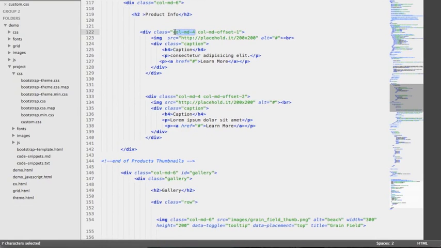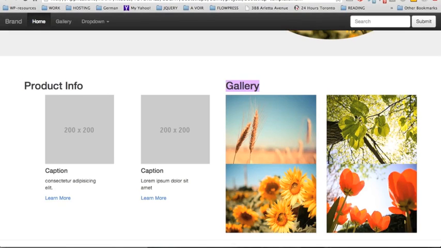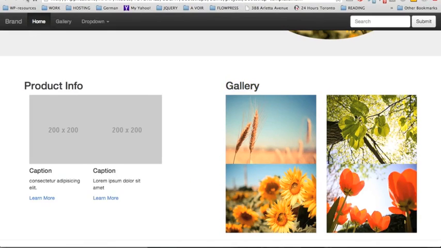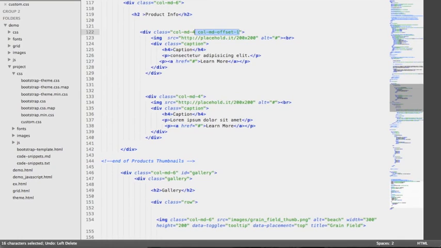So first we have the first div with 4 columns and the second one with 4 columns as well. And we can see that we have offset classes that are used to add margin to the left. So let's remove them to see the difference in the look of the design. So back in the browser, we're going to reload the page, and now we can see that they are completely flushed to the left. So we're going to revert back to the original because we definitely need some space between the 2 divs,